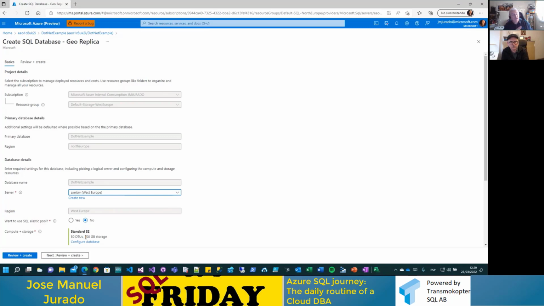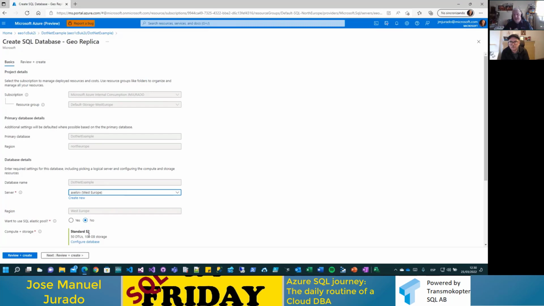It's very important to mention one thing. We saw many cases where our customers choose a lower database tier for their geo replicas. Is that good or not? Well, it's good in order to pay less, but if the primary has a lot of workload, most probably the primary will be affected by the secondary, because as you know, when you send the data, let's give an example like log shipping, you are going to have a lot of transactions pending in the primary to send to the secondary.